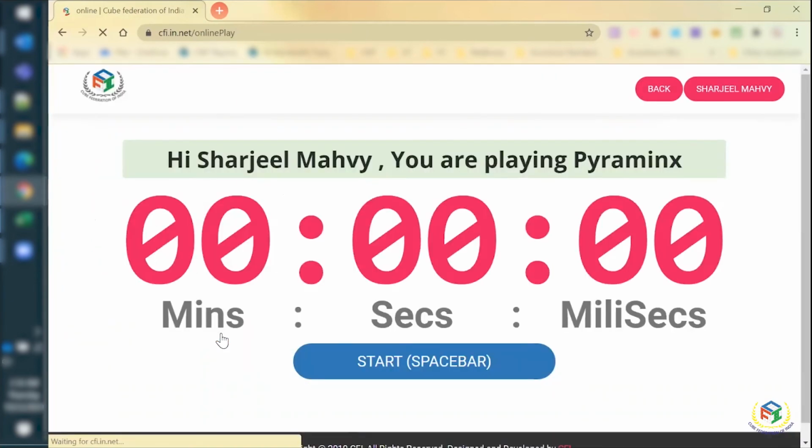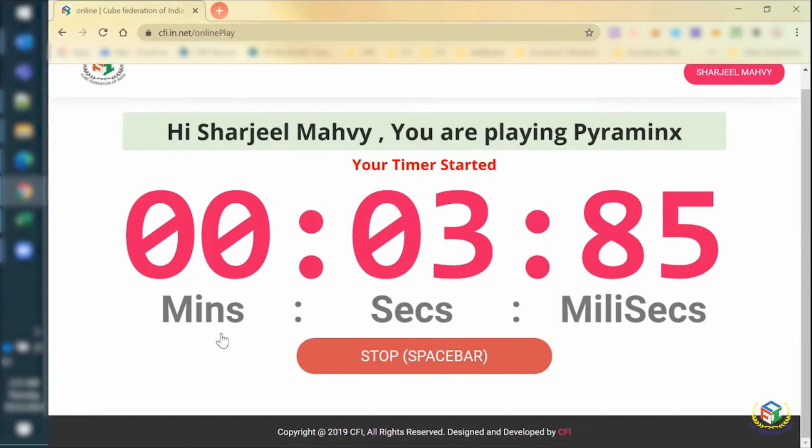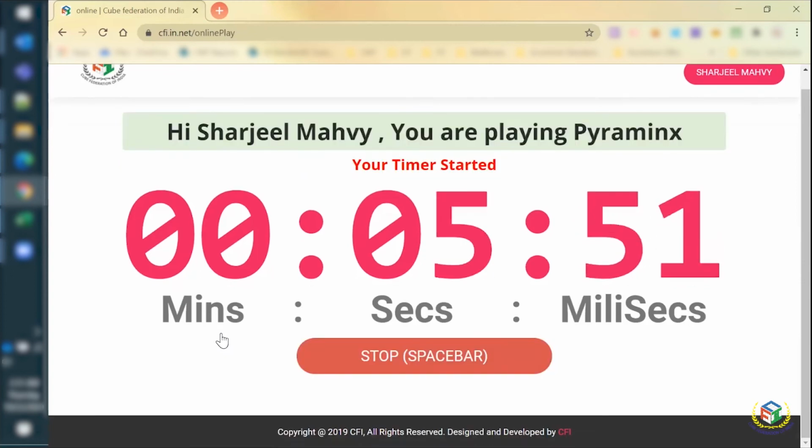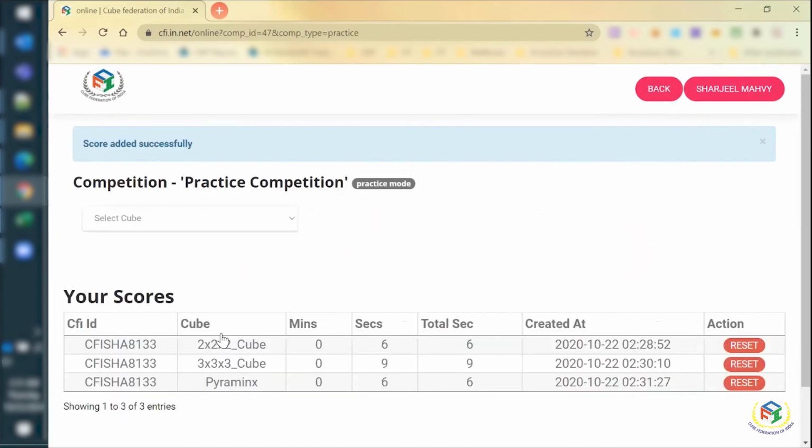Now this is also very important. This share screen should always be enabled so that the moderator is able to see the timer. As well, when you're solving the cube, you have to position your cube in such a way that the laptop camera or the desktop camera is showing your cube. That means the screen and the cube have to be visible very, very clearly to the moderator. Whenever you're ready, press the space bar and start solving the cube. And once you have solved the cube, press the space bar and then you're done.